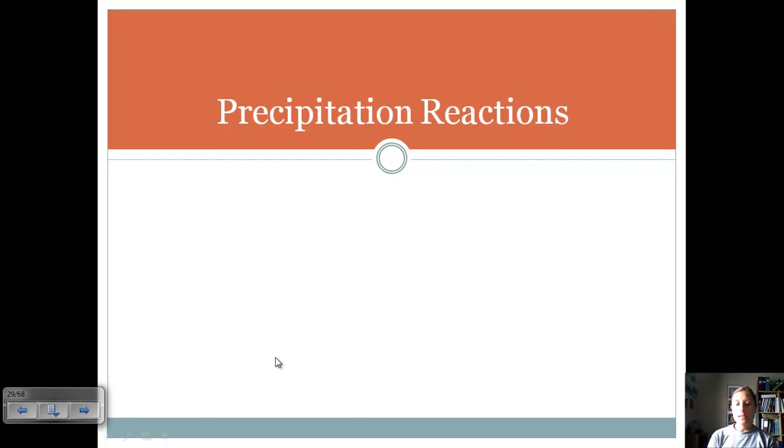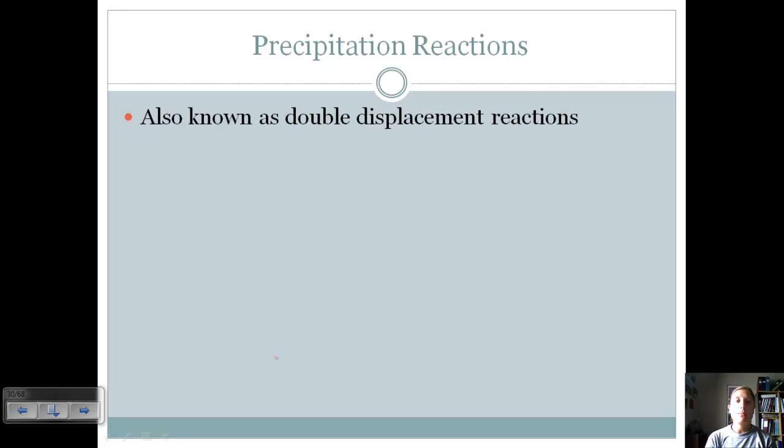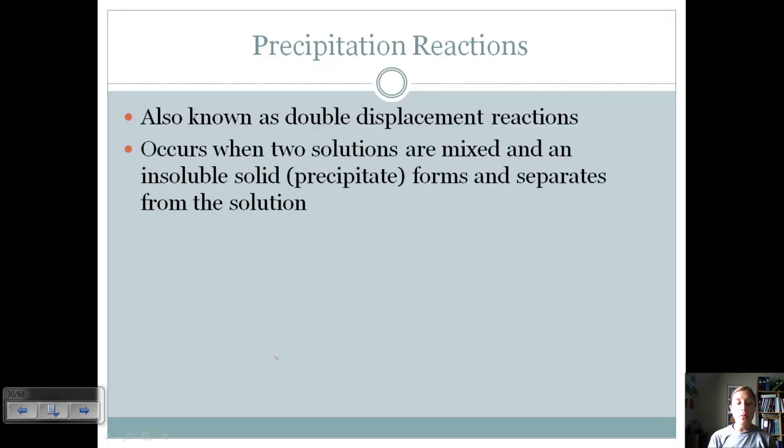So today we're going to discuss precipitation reactions and how to do stoichiometry involved with precipitation reactions. So let's talk about what is a precipitation reaction. They're also known as double displacement reactions because both compounds are displaced, or they both switch partners. Precipitation reactions occur when two solutions are mixed and an insoluble solid, what we call a precipitate, forms and separates